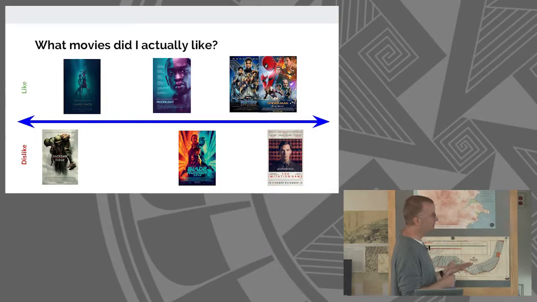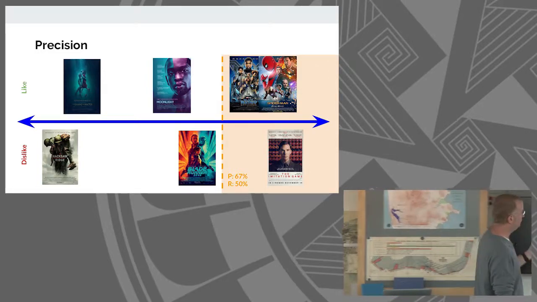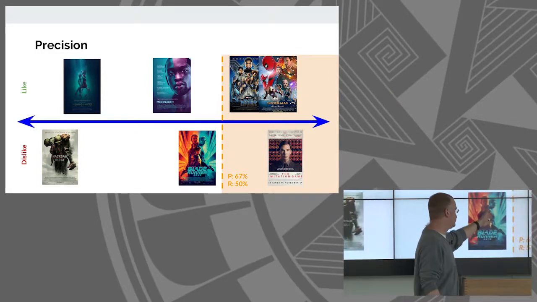So this is my probability prediction. Okay, but now let's talk about how I can pick a threshold, because once I've made a probability prediction, I still have to say, well, am I going to cut it off way towards the end and be really confident that every movie is going to be good but miss some, or am I going to cut it off way towards the other end and make sure I see everything but also waste my time on some movies that I don't like? So in this case, I've set the threshold, we can say this is, I don't know, like 70% here,